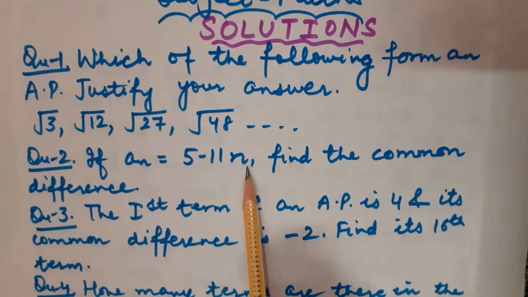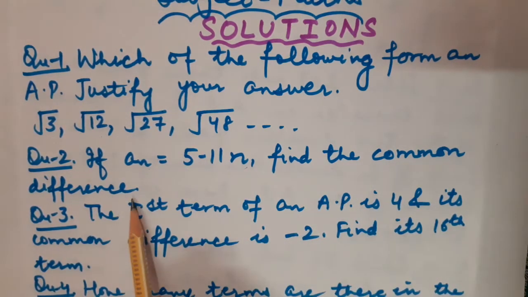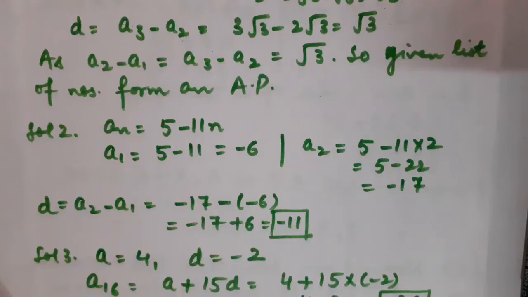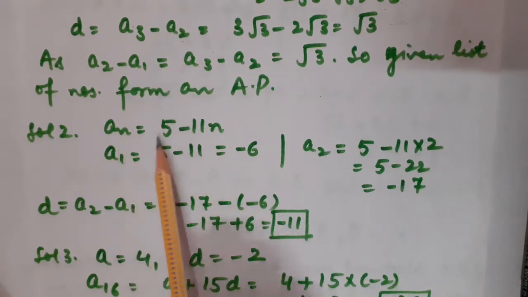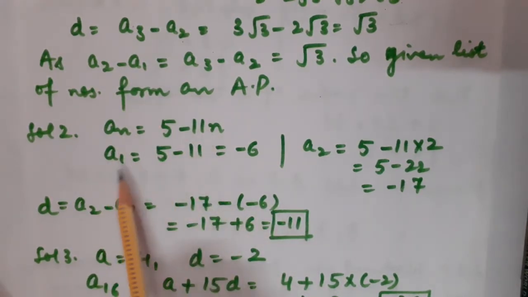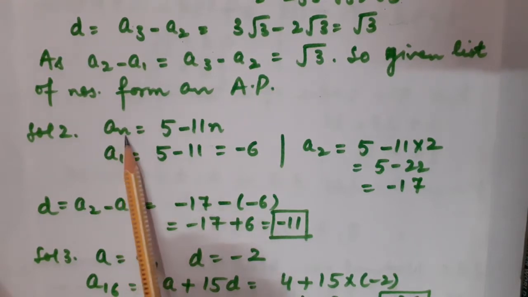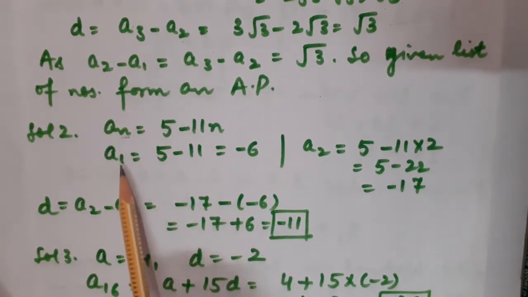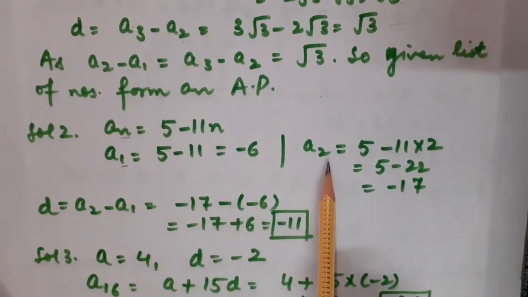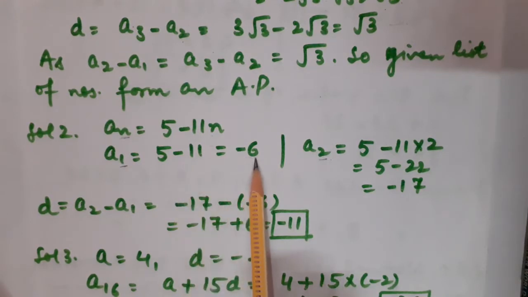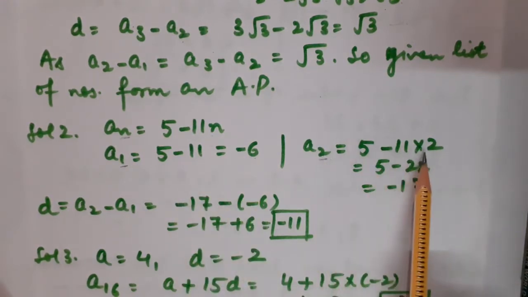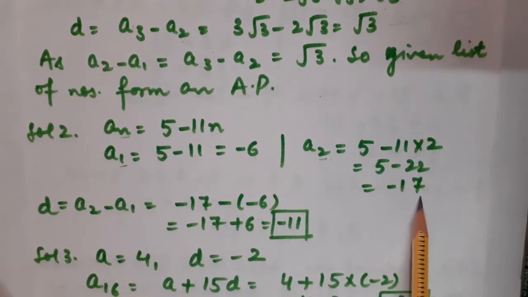Now children, our next question is, if the nth term of AP is given, that is an is equal to 5 minus 11n, then we will have to find out the common difference. So children, you know very well that common difference is nothing but the difference between the succeeding and the preceding term of the given AP. So from this an, I am going to calculate first two terms of AP. So first of all, at place of n, I am going to insert the value 1. Then at place of n, I am going to insert the value 2. So as I inserted value 1, I have got minus 6. And after inserting n is equal to 2, I have got minus 17.